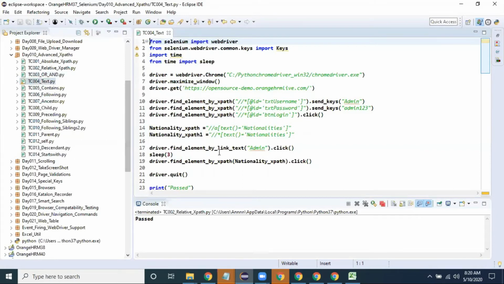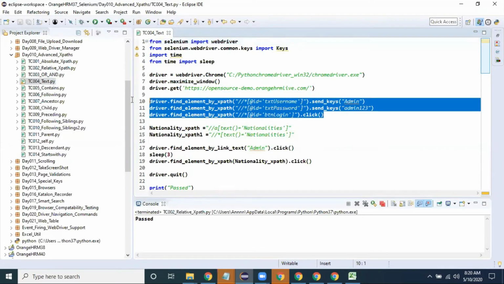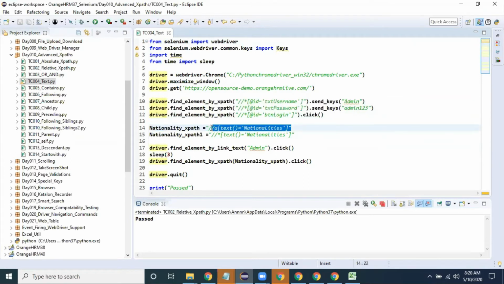So for text, after logging into my nationalities home page, this is the XPath I'm writing. Just a minute.